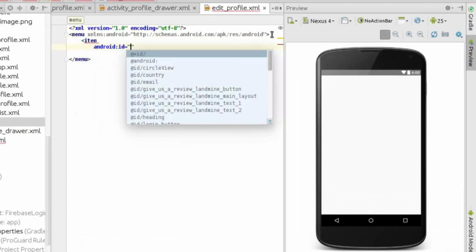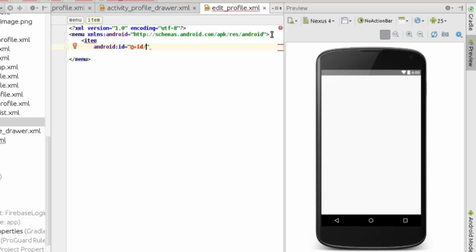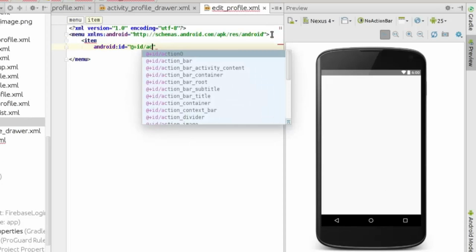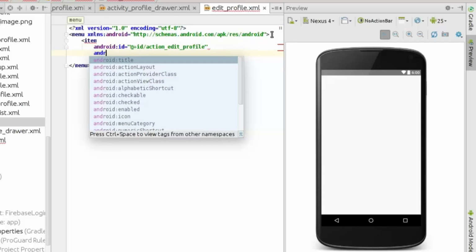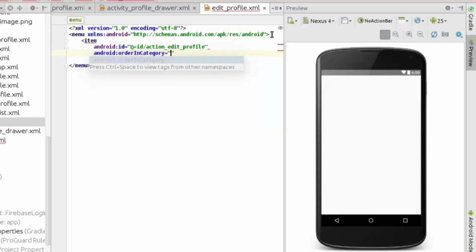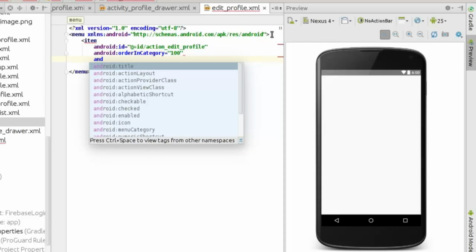Android ID, action, edit profile. Category should be 100. Android